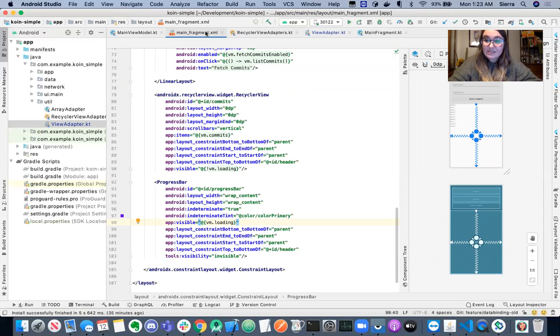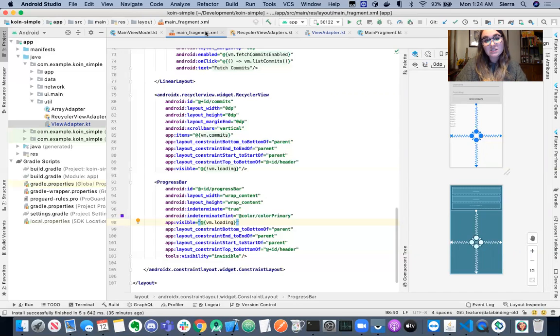Every recycler view needs a layout manager to tell it whether it should go vertically up and down as a list, across, or a different one is available, like a grid layout manager that will make little grids, and an adapter that's going to bridge that gap between the data that you have and each row in your recycler view. And so that's a really common thing that you see in Android apps,